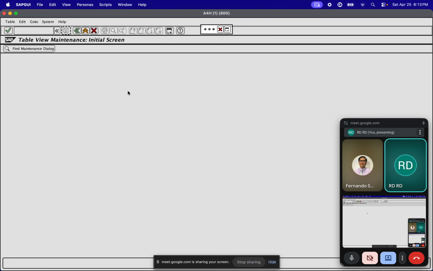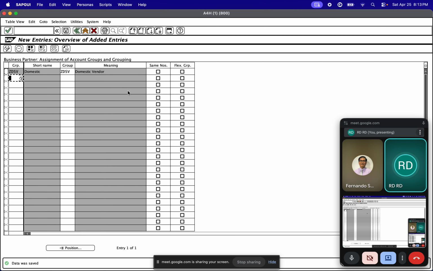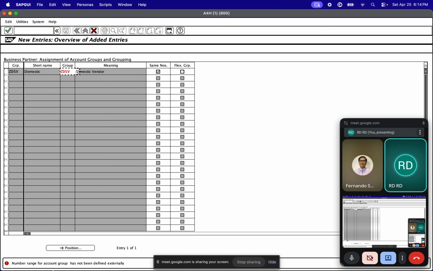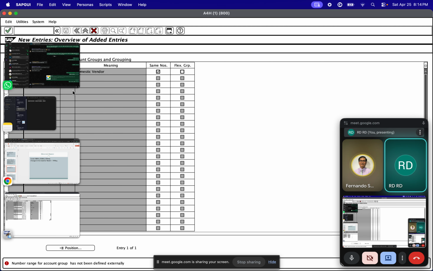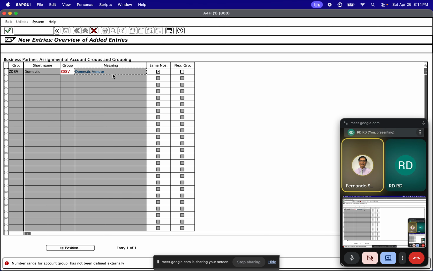So that is what the same number flag is used for. Now I'm just selecting the same number here and saving. Let's see what problem we get. See, the message: number range for account group has not been defined externally. This is what I just wanted to explain, because I wanted to show the message. When you are defining the same number range for the vendor BP grouping and the vendor account group,